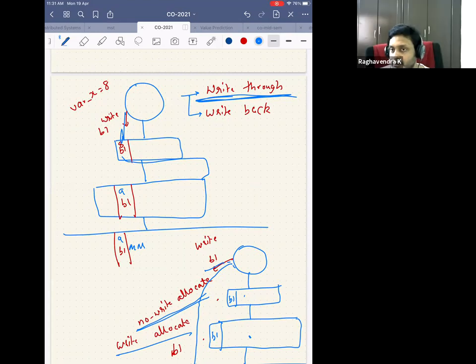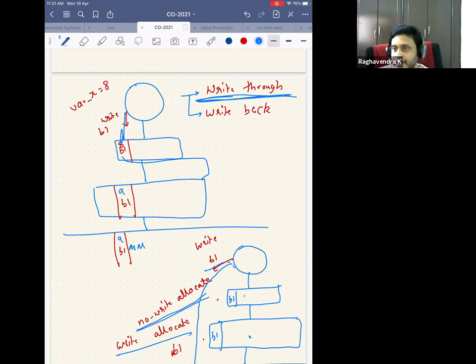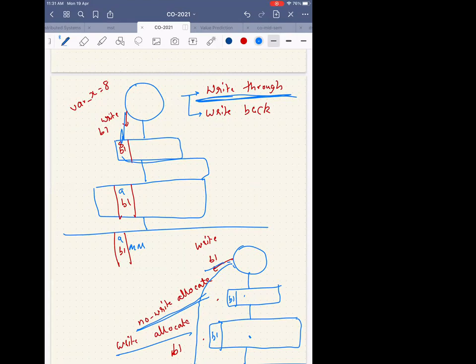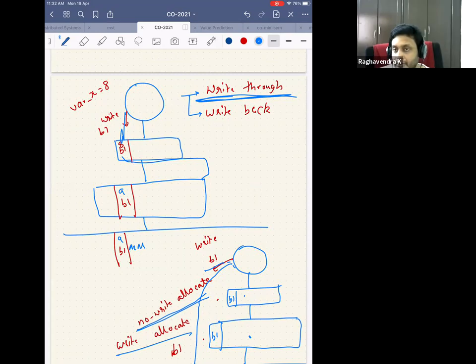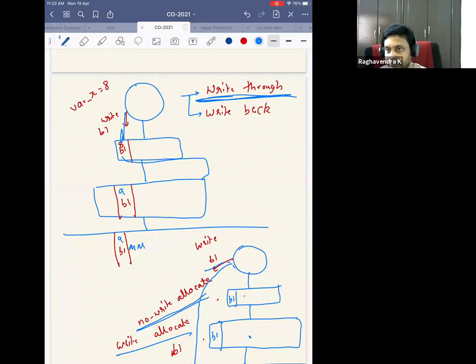Why will you bring a block? No write allocate. Because I might need to refer to it later. If the CPU generates a read again, then anyway the read will bring the block to the cache. But now since I've got a write, I know that I might need it later, so I can bring it to the cache, right, for a later load. Yeah, then it's a write allocate policy, not a no write allocate policy. See, write allocate is you're bringing into the cache. No write allocate is you're not bringing into the cache.